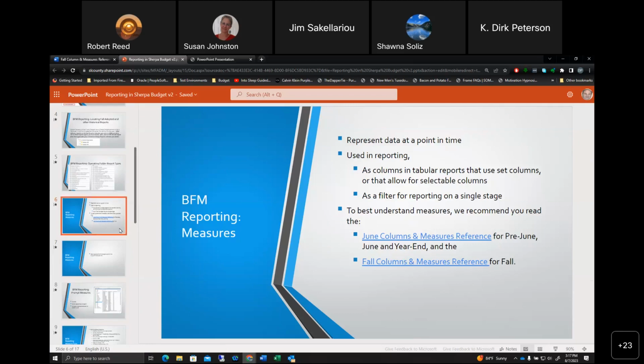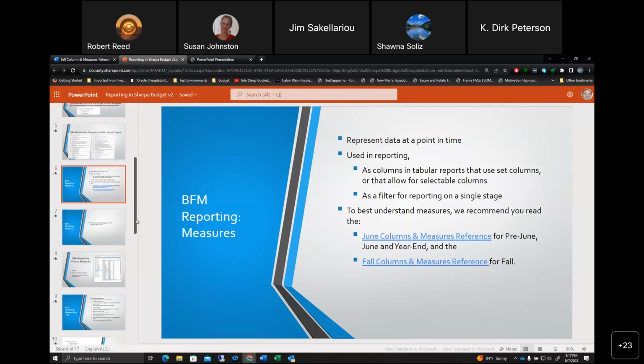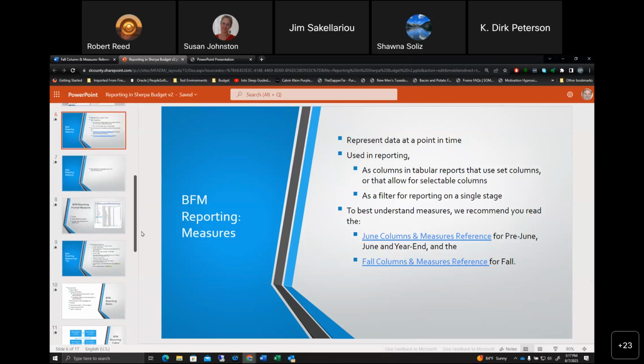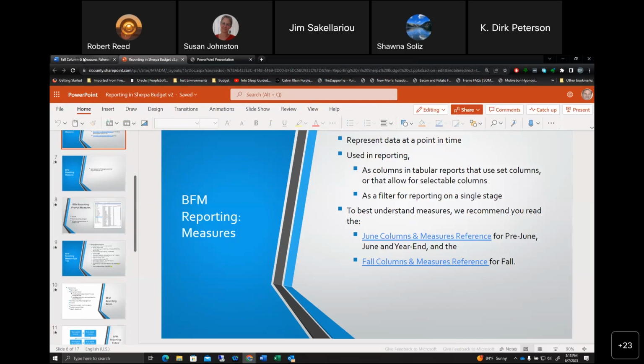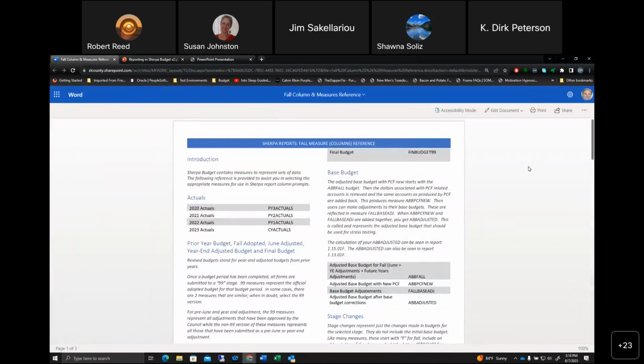You'll want to understand how they work. They're important, but they're not that complicated. The main thing is that they're columns that you can drop onto a report where you get to choose the columns, and that's what you do with the Swiss Army knife report. This document explains